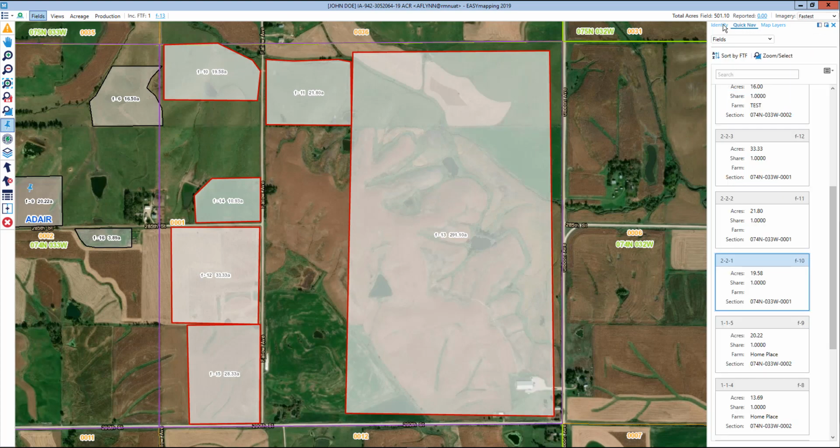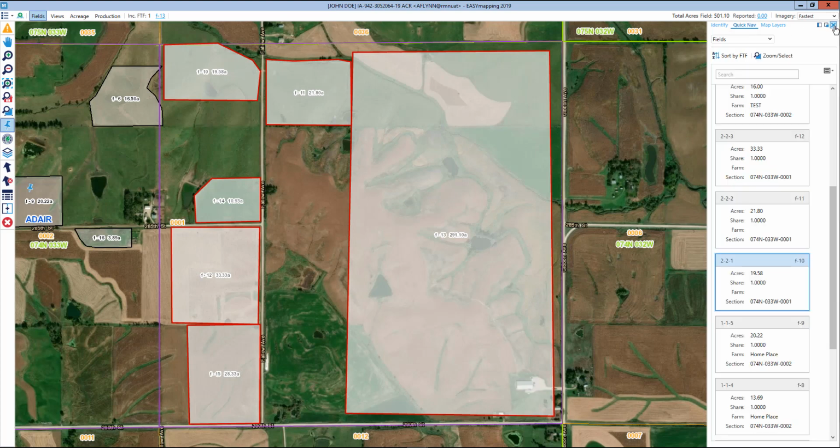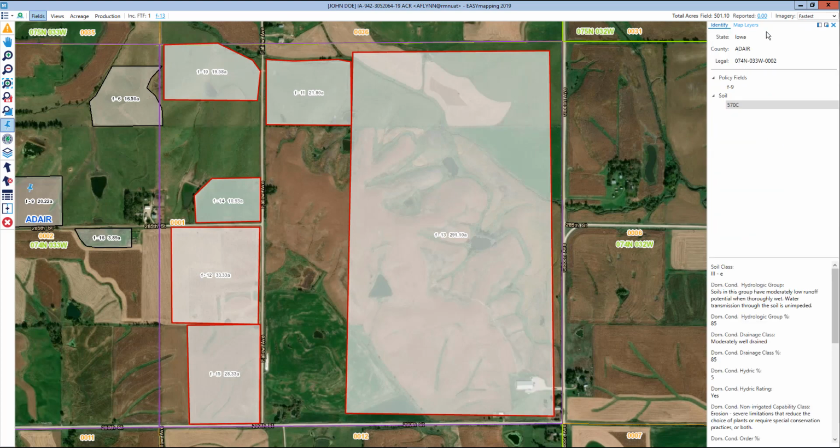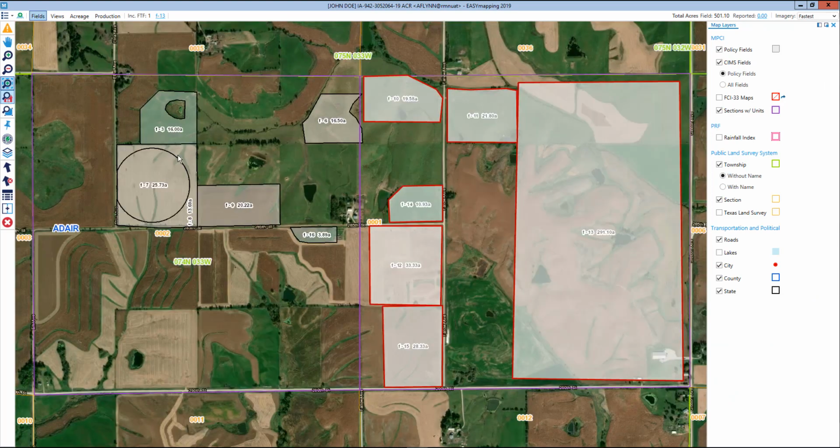Now you'll notice I'm again still creating a little internal tab between my identify, quick nav, and map layers, but for now I'm going to actually just turn off my quick nav by hitting the close blue X button, and I'm also going to do the same for the identify tool. Again, I'm just going to hit the zoom to farm view to extent just so that I can see my fields, and I'm going to deselect those fields I did have selected. Now the icons located on the right hand side